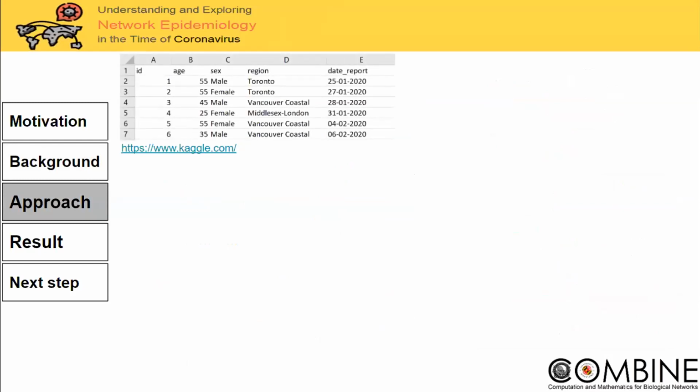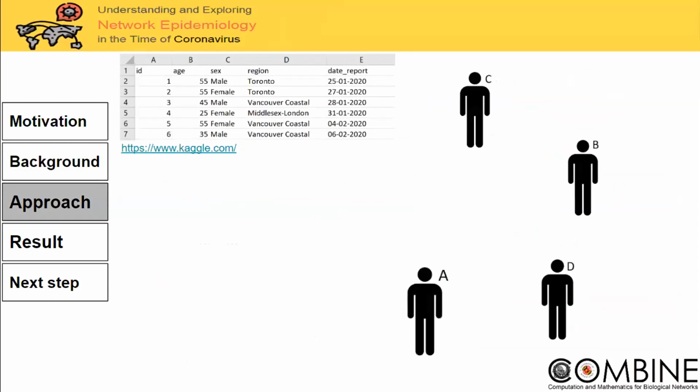We gathered the data of infected individuals from different countries, which included their age, gender, region, and the date they were reported as infected. In the transmission graph, the individuals who are infected are the nodes, and directed edges indicate which node infected which. Obviously, we don't have this information. Therefore, we came up with this algorithm to make a random graph. Here it is assumed that after a person is reported as infected, they would be quarantined and unable to infect others. But before that, there is